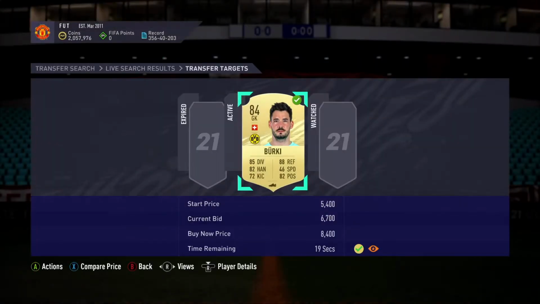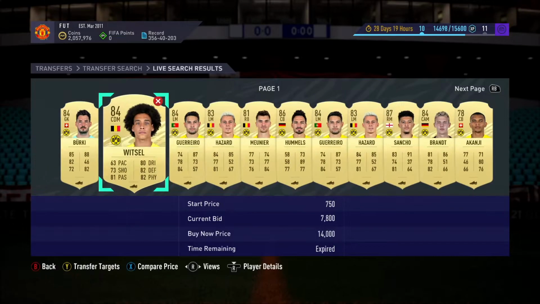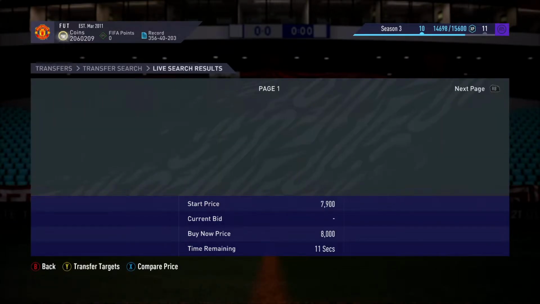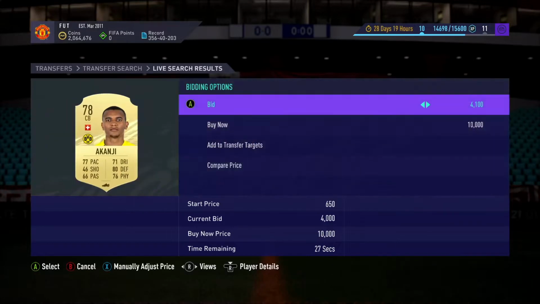But looks like we might get him for 6.7, which is cool. But all you want to be doing is, like this guy here, I'm going to bid 6.6 on. Don't say he's just on for that, right? Want to keep going across. If you don't find someone like this, a Kanji here,